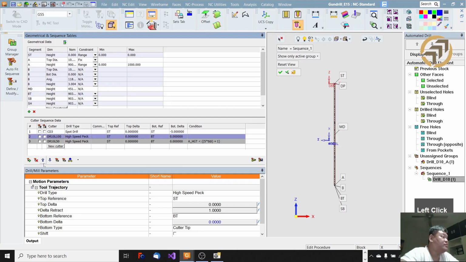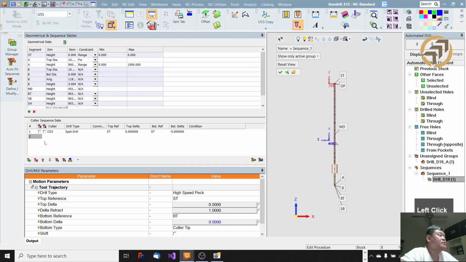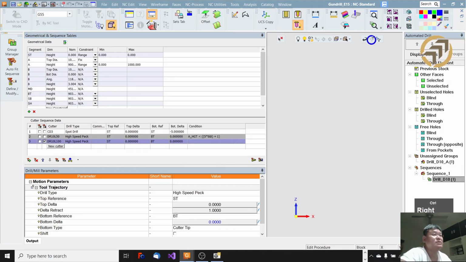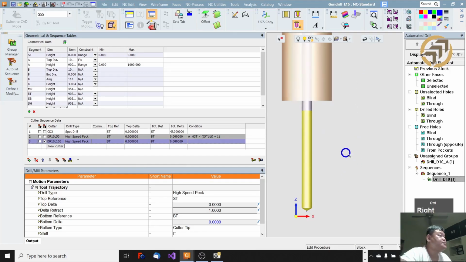Let's move this down. You can move down, right? For this top, ST is okay. For the bottom, of course, it is the BT, same as previous, right? And this one,